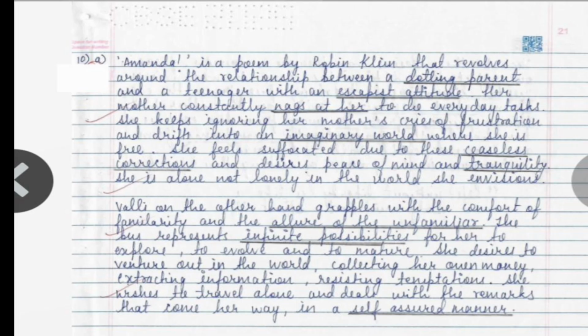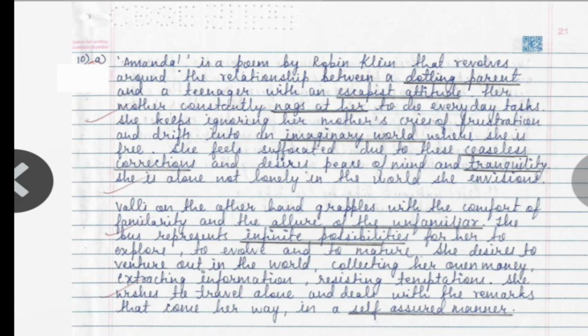Basically, the question was to compare Amanda and Anne Frank. So see what was done: first, there are 3 paragraphs. Second, the important points are highlighted. You can read this. Highlighted the important points: doting parents,